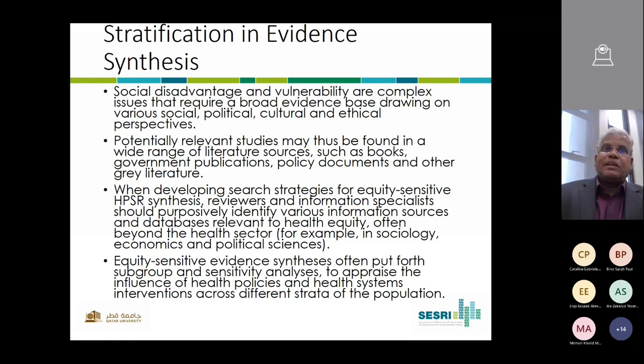So equity-sensitive evidence synthesis often puts forth subgroups, subcategories, and sensitivity analysis as the core in the analysis to assess the influence of health policies and health systems interventions across different strata of the population. This is a very important component